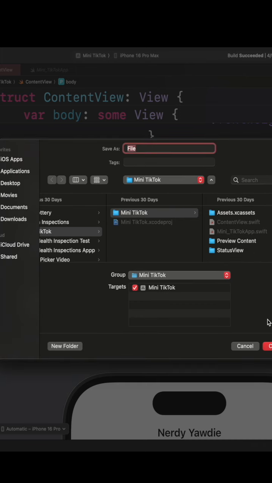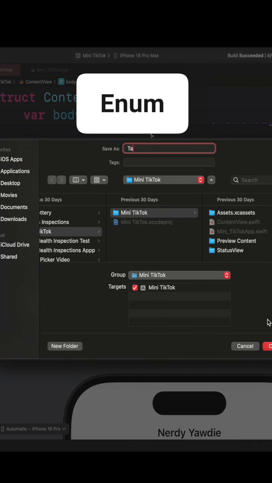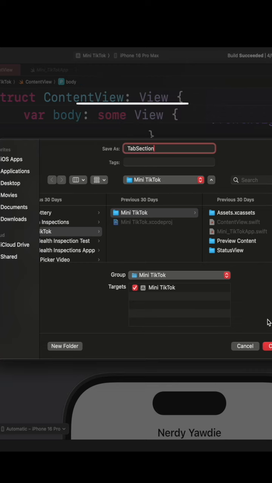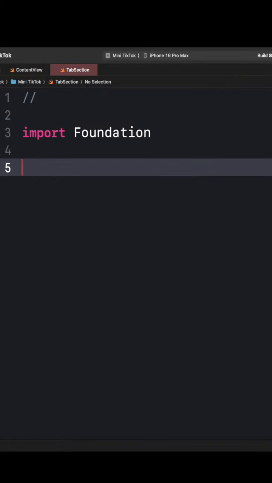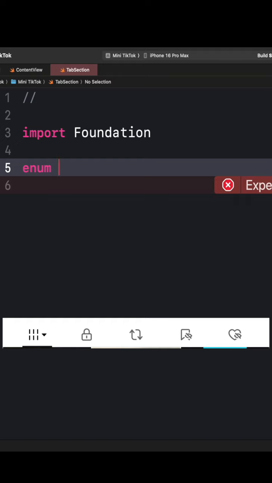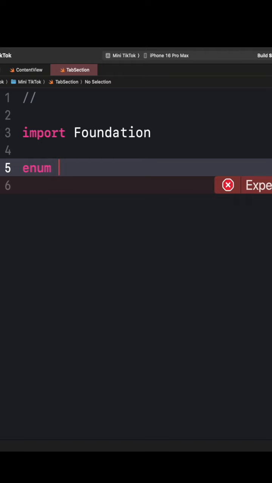And we're going to create something called an enum. And this is going to be so that we can handle four different cases. So we're going to call this TabSection, right? And then hit create. And now in here, this is how we start creating that enum. If you don't know what an enum is, don't worry. Basically, we want a way to handle each different section. So for your TikToks, for your likes, for your favorites, for your private stuff, we want to handle for that. So we'll say enum TabSection,